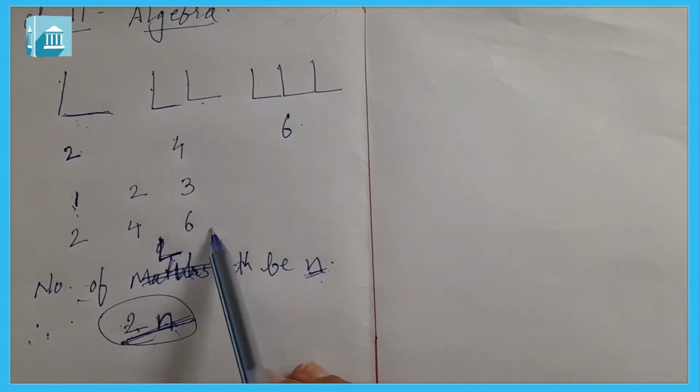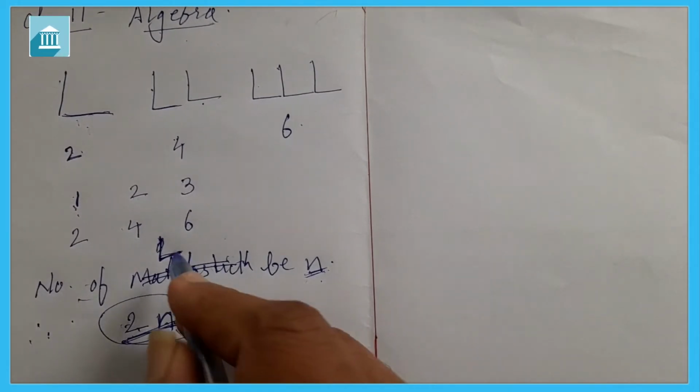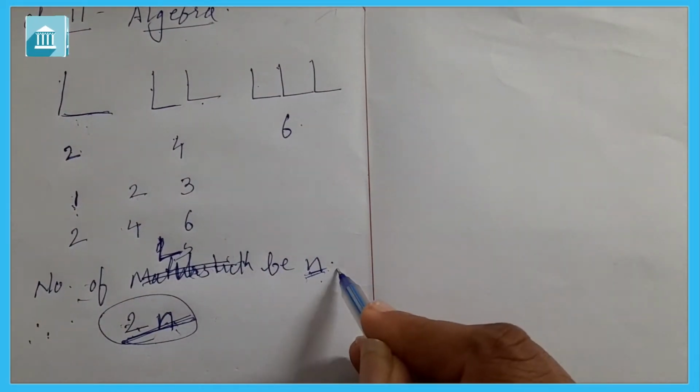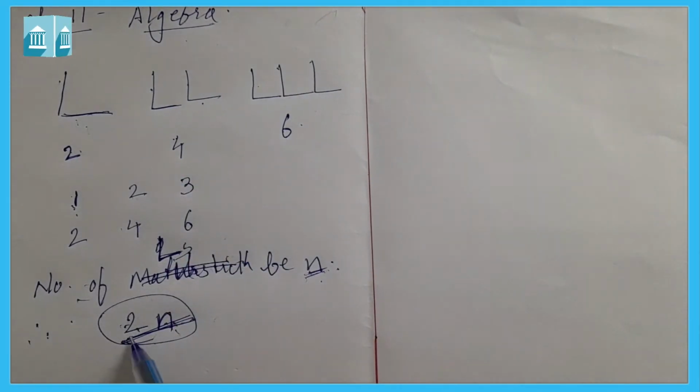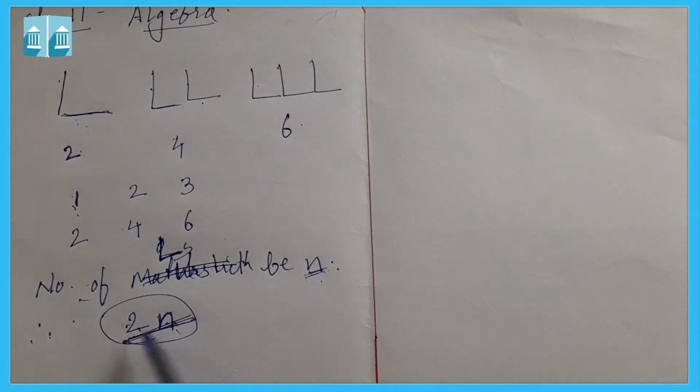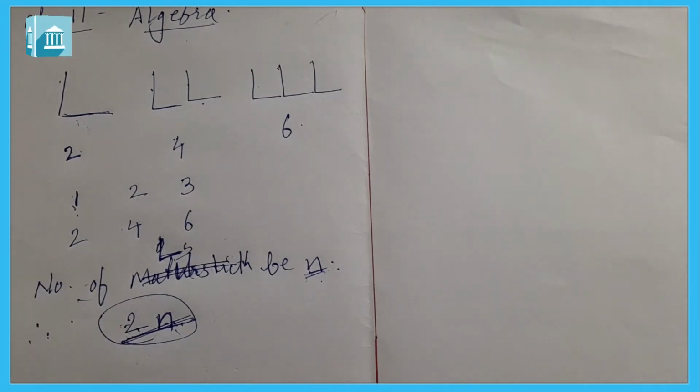As we had done here, for the number of L's being n, now if we want 100L, then how many matchsticks do we need? The formula is 2n. Simply 2n करेंगे तो हमें मिल जाएगा कि 2 into 100, that is 200.